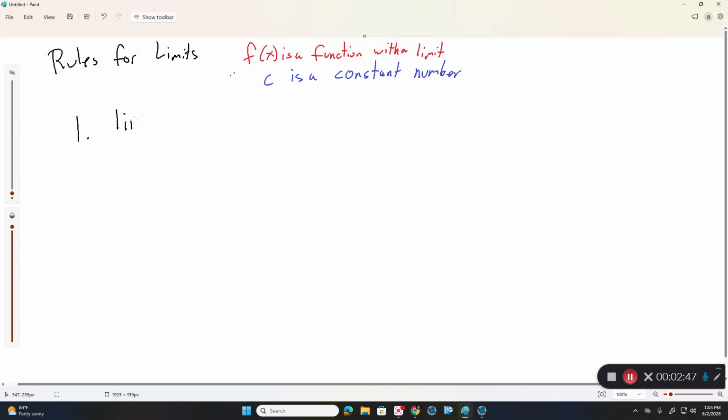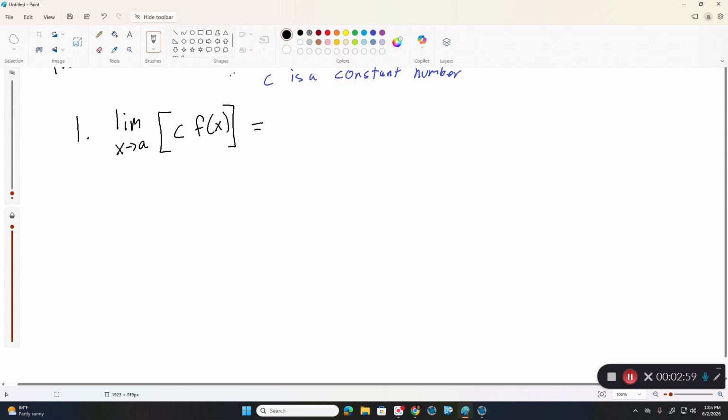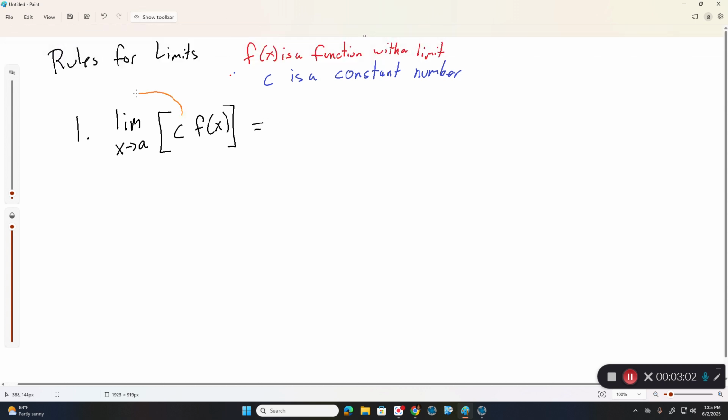So, the limit as x approaches a of a constant times the function. The constant can be pulled out of the limit as long as the constant doesn't depend on x, and constants never depend on x. We pull out that constant, and we can say it's c times the limit as x approaches a of f of x. So, anytime you have constants, we can pull these apart. For example,